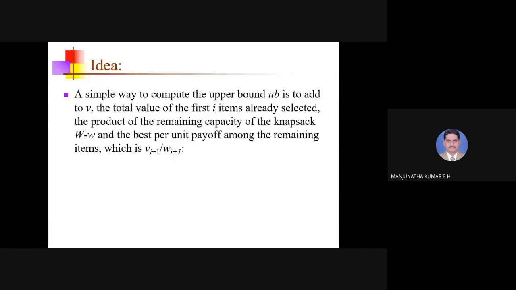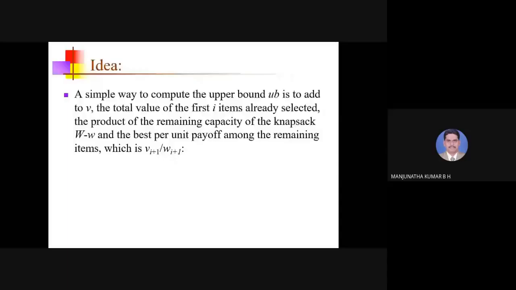Finally, when the knapsack is full, when all the items have been considered for insertion, we will end the process with the optimal solution. The final bound value will be the optimal solution to the given problem. Okay. So now,